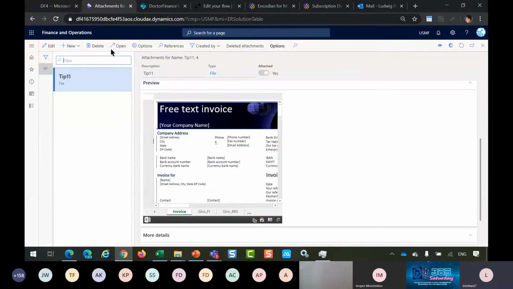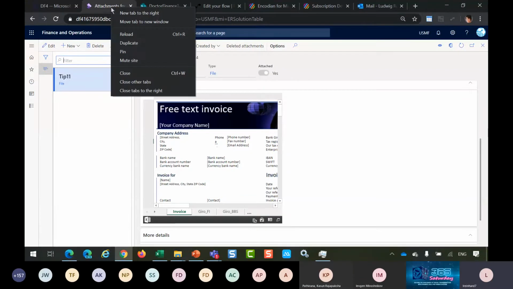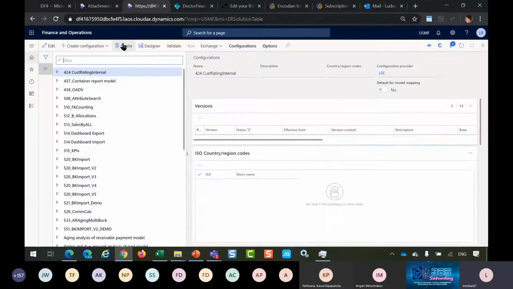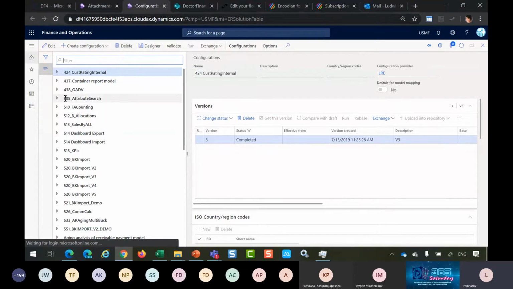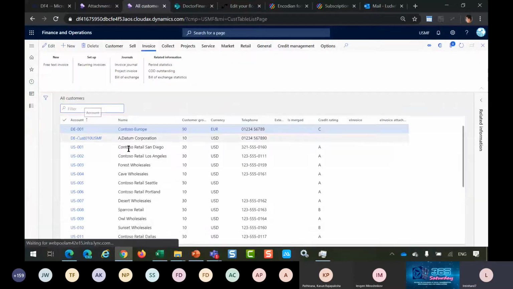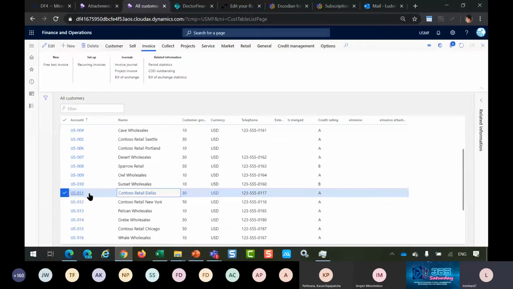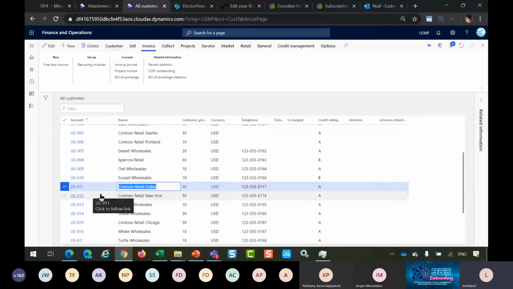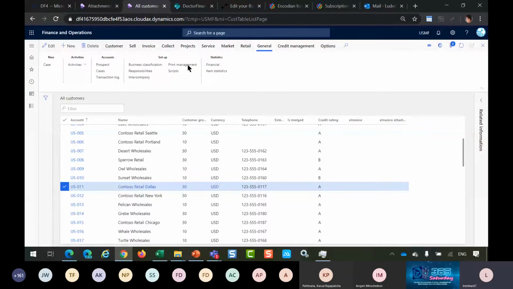Let me open a second session so that we do not have to switch all the time. If I use this kind of document for my customer, let me jump to my customers, then I can link this document in the print management. This is the customer that I prepared for this demo. And if we go into the print management,